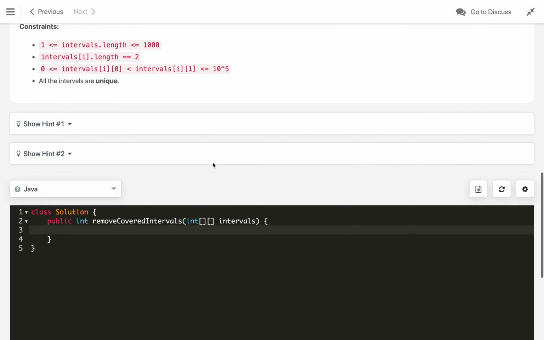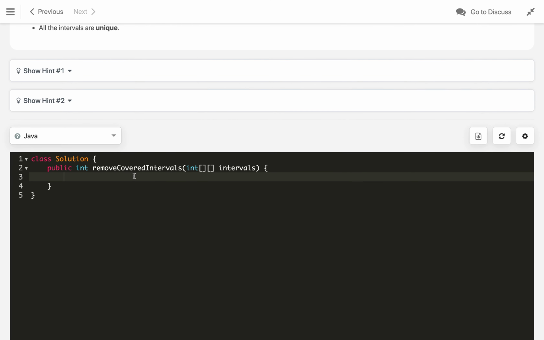Let's quickly implement this. For implementation, we will first call Arrays.sort on the intervals. If we get two intervals A and B, we will sort based on A of 0, the start, minus B of 0, in ascending order.